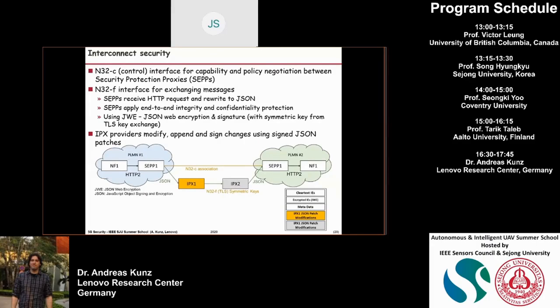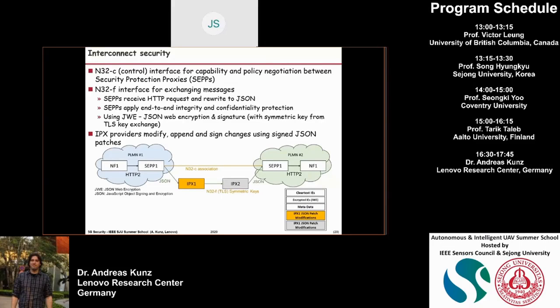We had the problem that on the N32-C association between two of these security protection proxies between two networks, you cannot make an IPsec tunnel because there are these IPX providers. They do mediation services where they modify parts of the message and align them based on the customer requests of the next PLMN. So if you have an IPsec tunnel, it is very difficult for those service providers to stay in business. So we have another interface, the